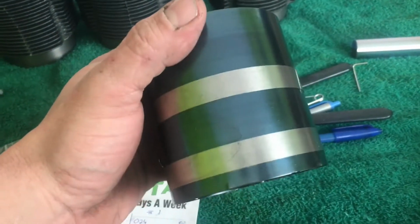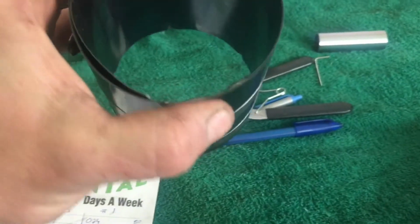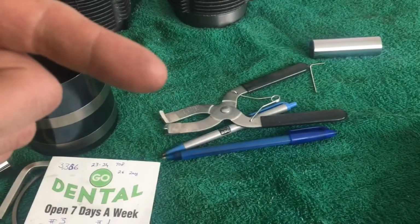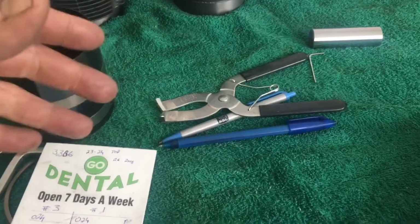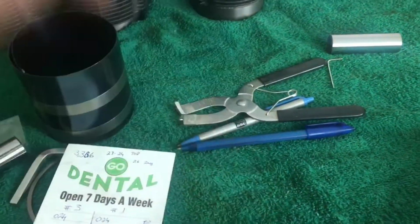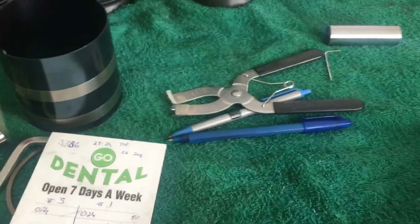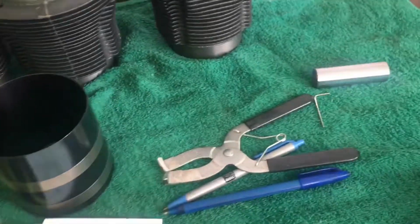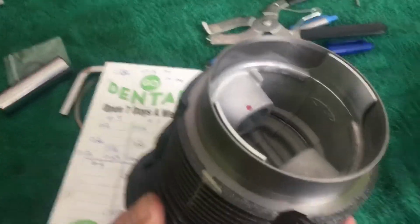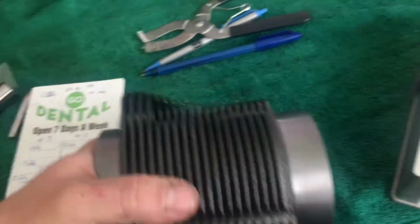As far as cylinder ring compressor, this is the Matco one that I'm running. I know from the factory you put the pistons on first onto the rods, and then use one of those C-clamp style with the pliers and everything. But Volkswagen Darren, I've been watching a lot of his videos. Speaking of other knowledgeable Volkswagen guys, he loads up the jugs with the pistons and then just slips out the skirt until